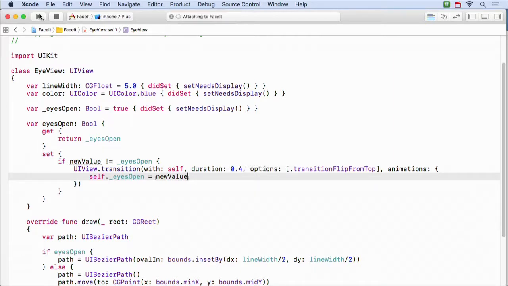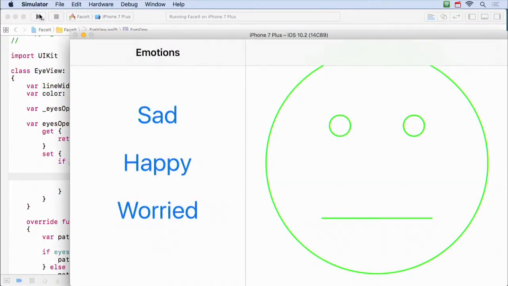This guy should still be blinking, but he should be blinking a lot smoother, you see, because it's animating the actual motion of the eyes closing. Got that? And again, works in all. All right. Now, the next thing we're going to do is have this guy shake his head.